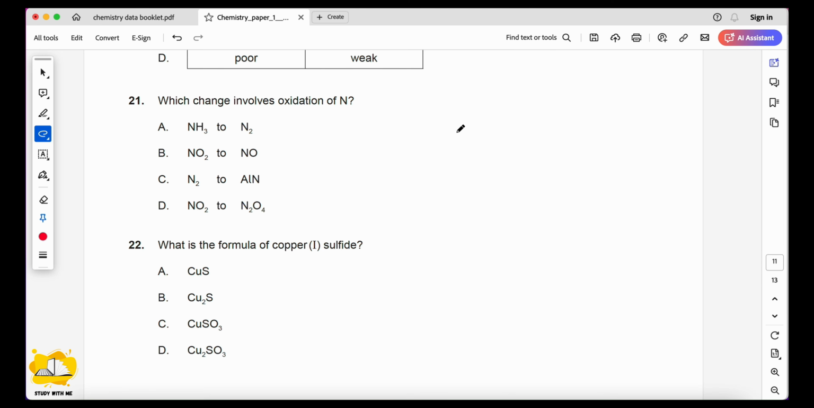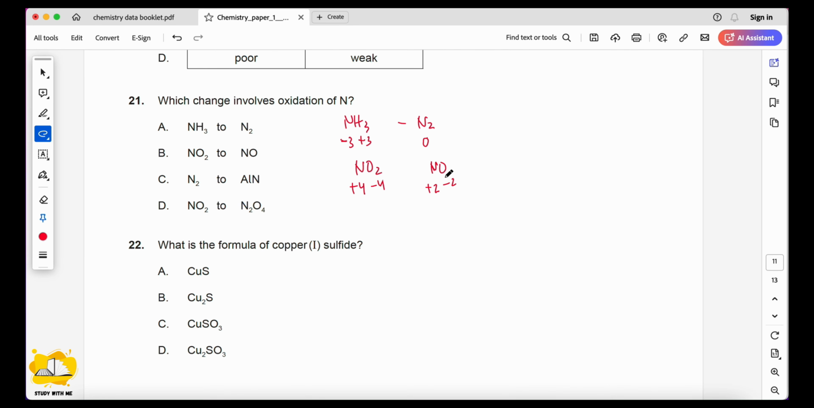Which change involves oxidation of N? NH3 to N2. As a free element, N2 is 0. H3 is plus 1, so it will be plus 3 times 3, so to be equal to 0, N is negative 3. And O2, so O is negative 2, will be negative 4, and this will be plus 4. And NO, oxygen is at negative 2,